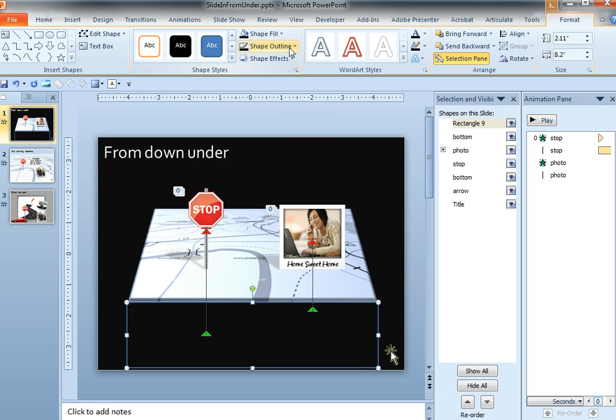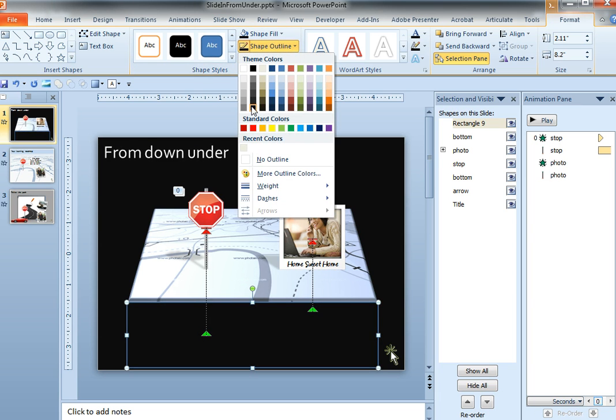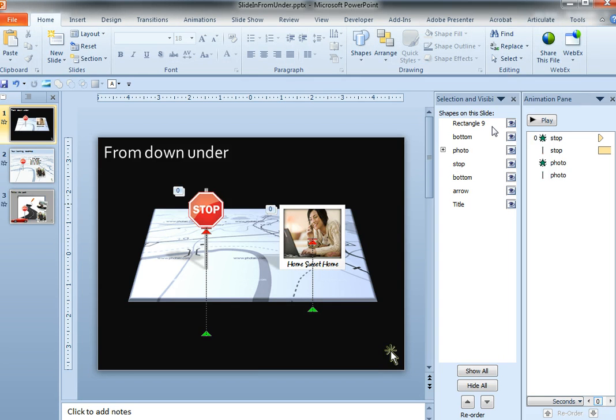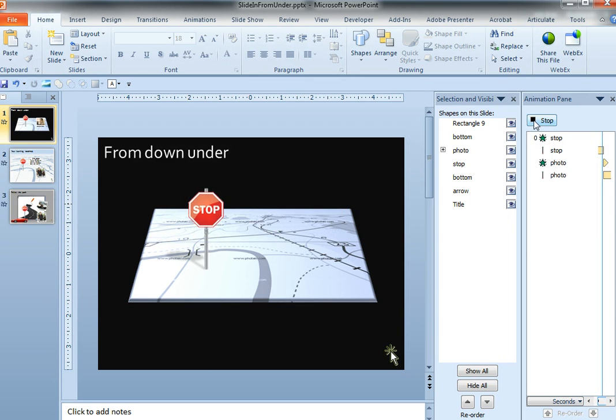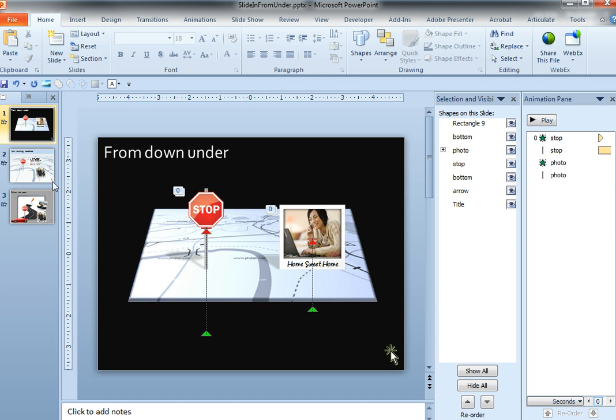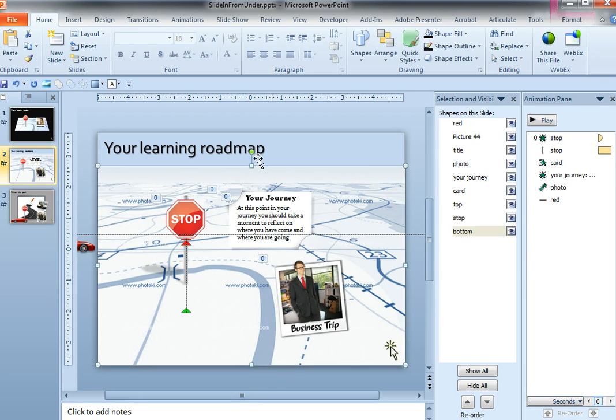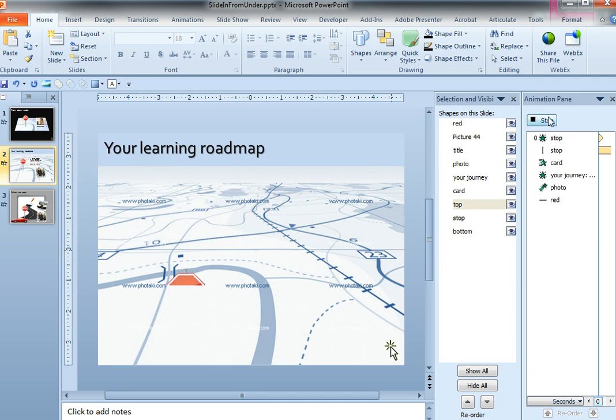So just fill it with the same color as the background, and if it has an outline, make sure the outline's the same color. Once you do that, when you play it back, you can see that the objects pop in and the effect is created. Now with the second example, it's very similar, except you don't need the little piece below, because this base object that the stop sign is popping through takes up basically the whole screen. So all you need is the base object and the cropped cover top part.